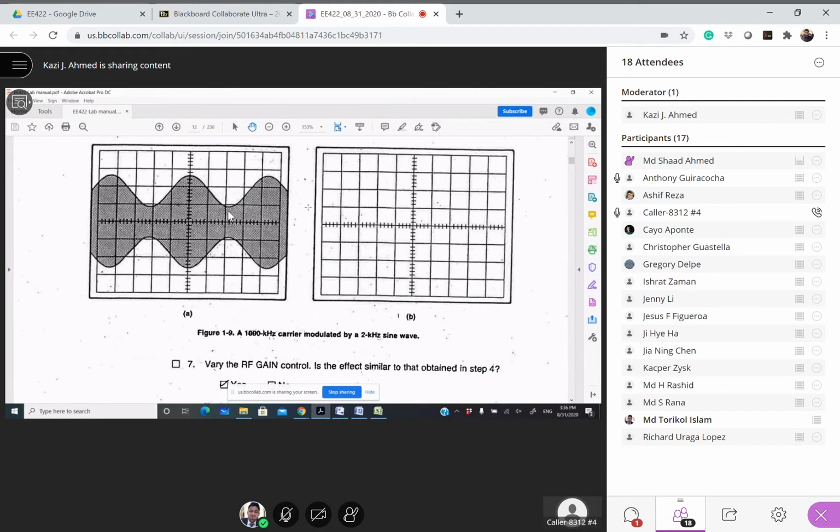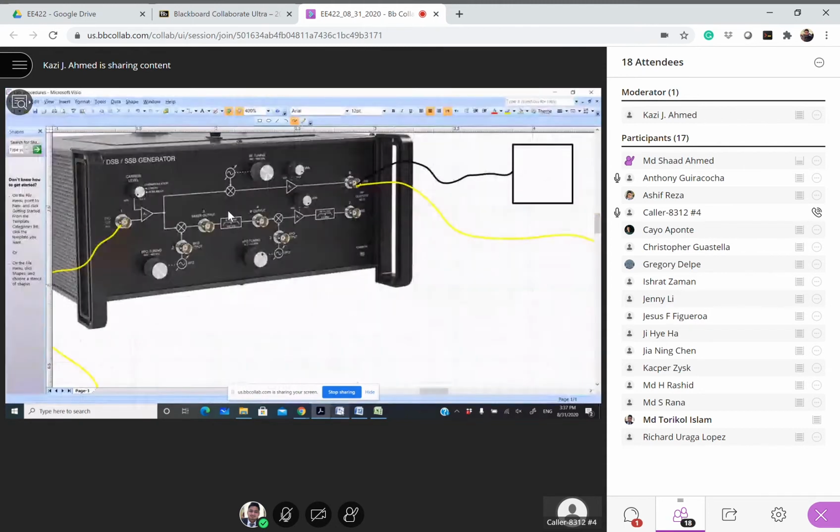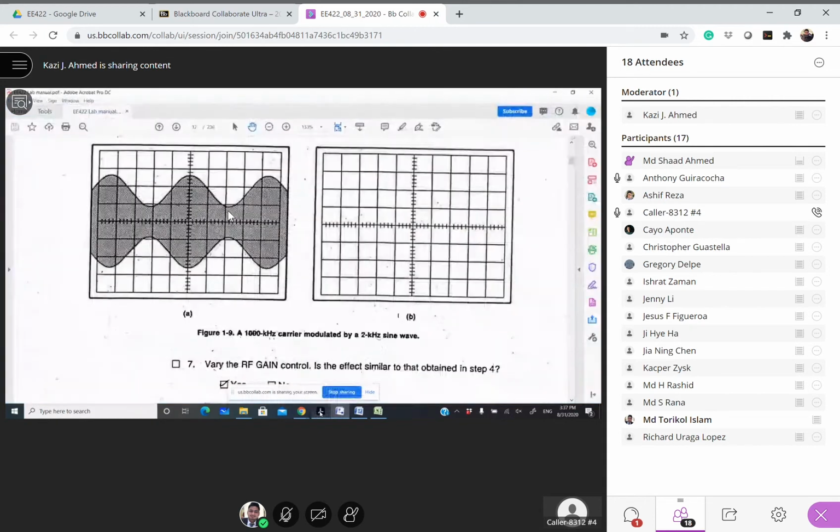So if you decrease the carrier level, then these two peaks will get close to each other. At some point, this lower part will cross each other, because the carrier is reducing. So this envelope may cross this envelope, right? In that case, this is called